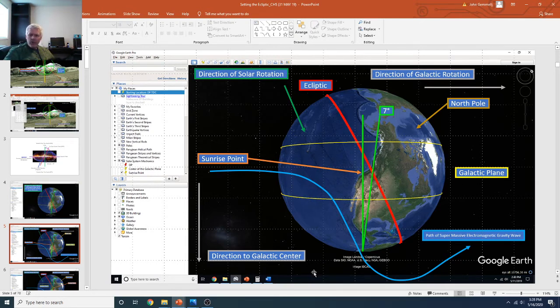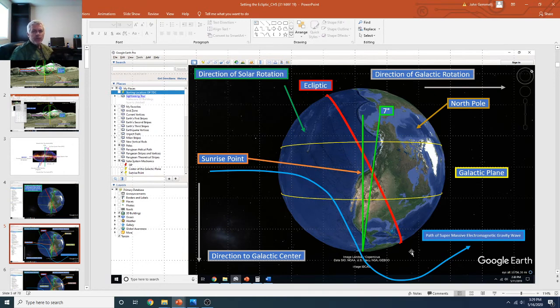Now I'm starting to be able to figure out what my graphics are telling me. Direction to the galactic center is down toward the south here. Wait, that's not the south. South's over there. Okay, down to the bottom of the sheet of paper. All right, then this squiggly line going across here is basically the path and direction of how the